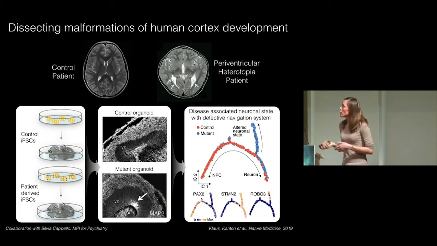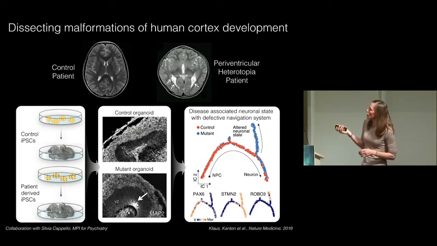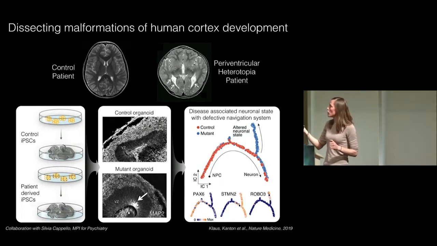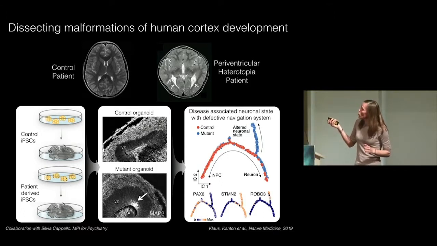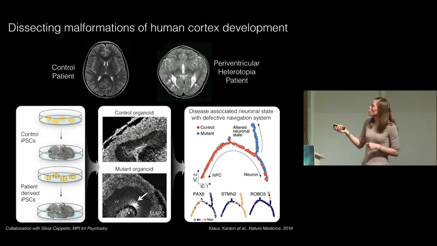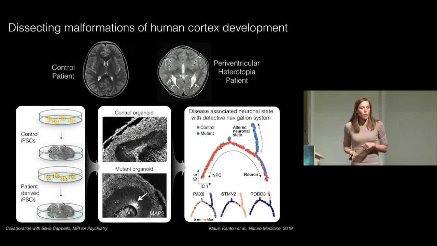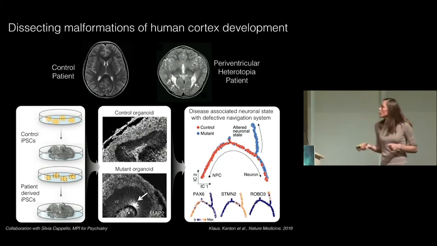And then we did single-cell transcriptomics, where we found that generally we have a differentiation from progenitors to neurons through intermediate progenitors, but only in the mutant organoids we find a subpopulation of neurons in an altered neuronal state, which branches away from the normal neurons. And this is really what we then want to focus on to look further into this disease and maybe even find a way to